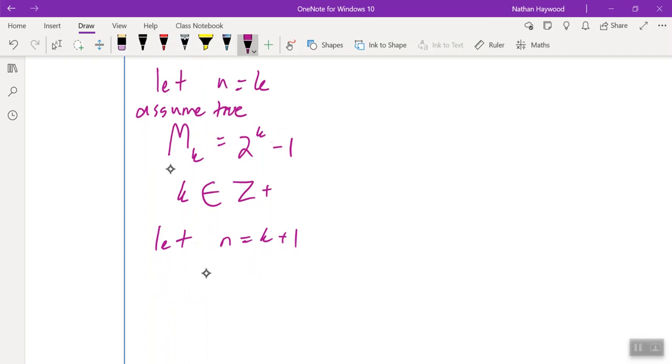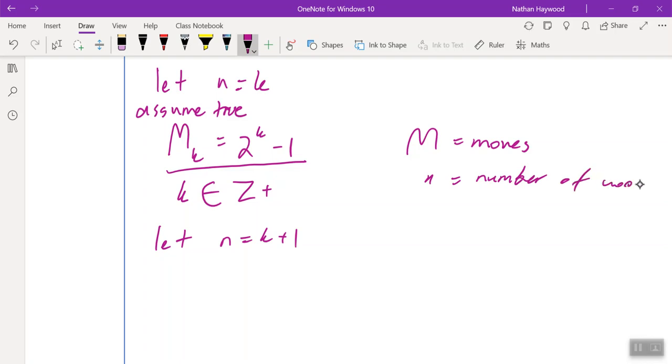Any thoughts? So if this tells us the number of moves, so m is the number of moves, k is the number, or n is the number of wood blocks,